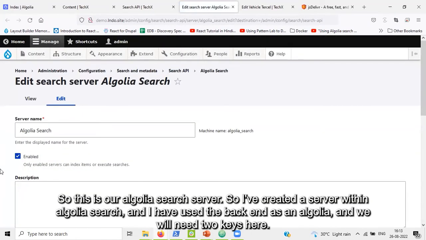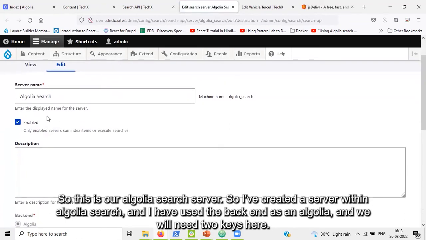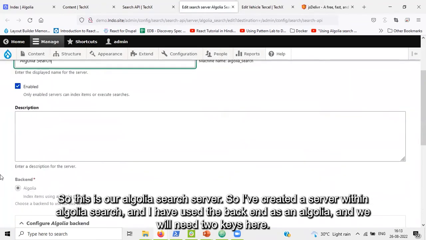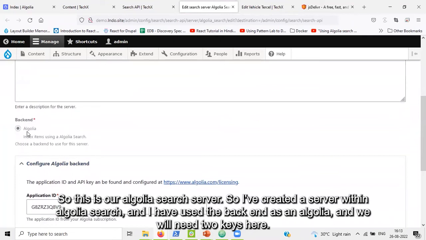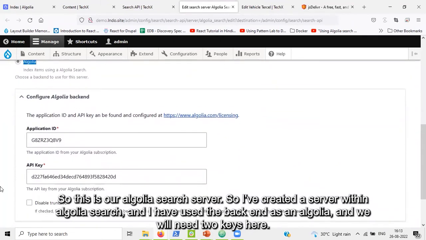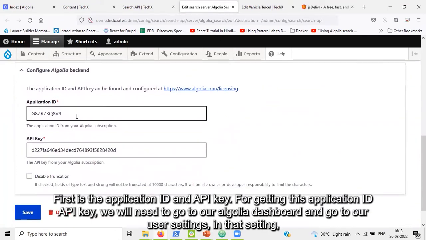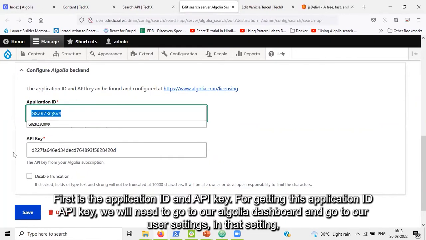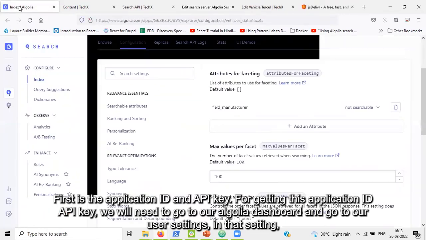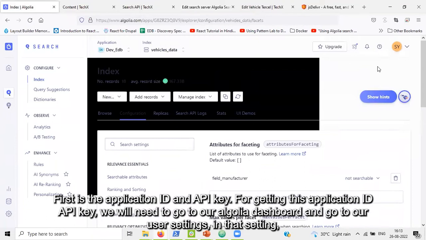So this is our Algolia search server. I have created a server with the name Algolia Search, and I have used Algolia as the backend. And we will need two keys in here: first is the application ID, and the second is the API key. For getting the application ID and API key, we will need to go to our Algolia dashboard and go